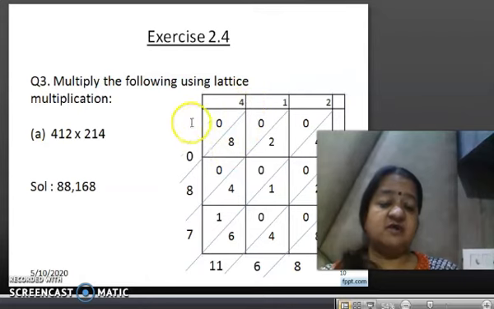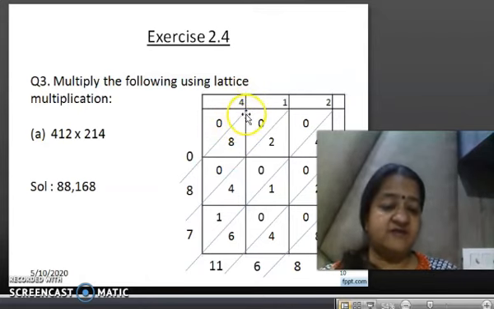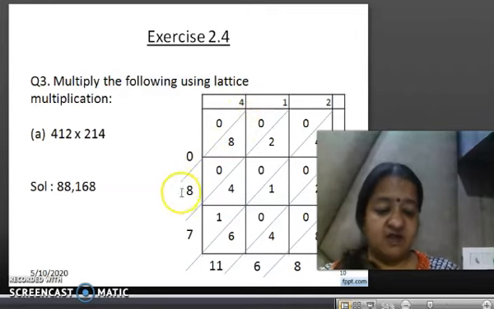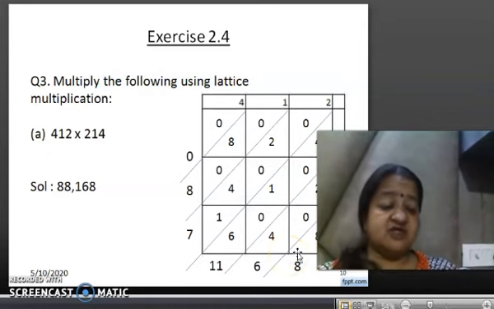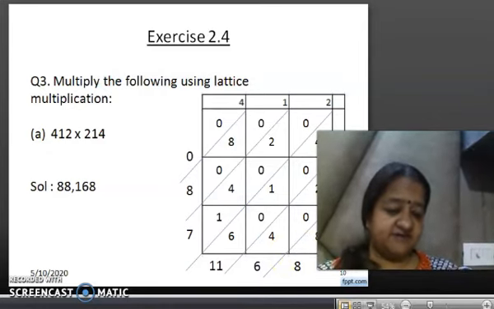Then in each rectangle or square so made, a diagonal is drawn like this. Pick a scale, join the opposite vertices and extend the line. Again pick a scale, join these opposite 2 vertices and extend your line. Pick a scale, join this vertex, this one and this one together and make a line. Then this one, as you are able to see the cursor, join the vertices and make a long line. Similarly join this and this. Now to multiply this, children, we start from the right hand side.